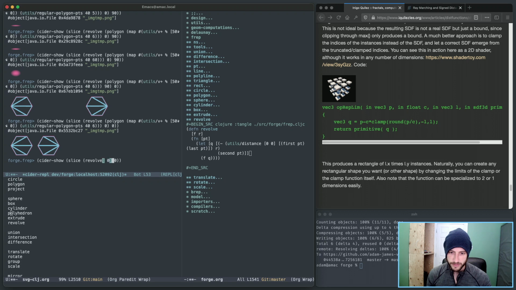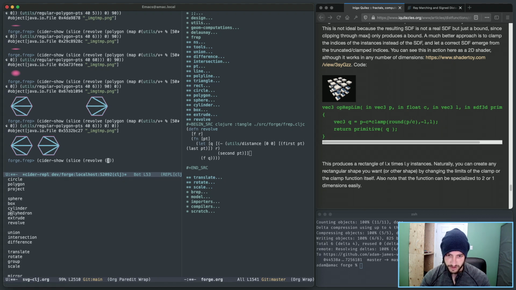Okay. I want to change that function signature if I'm correct about that. Oh, I messed this up. Okay, so let's slice a revolve